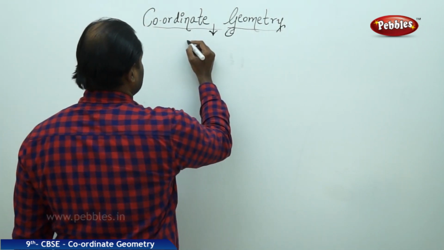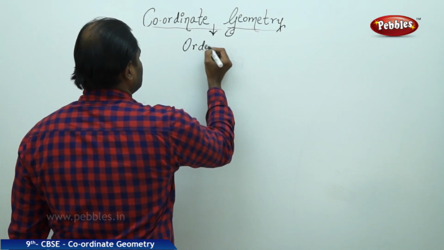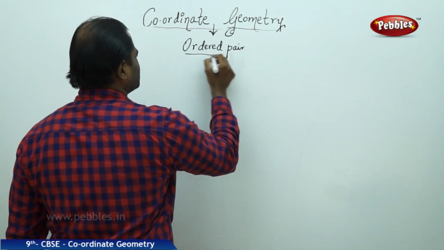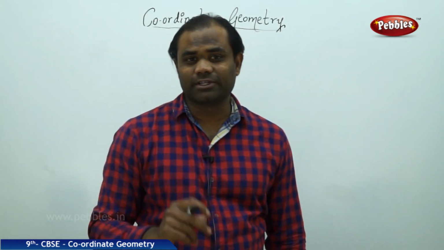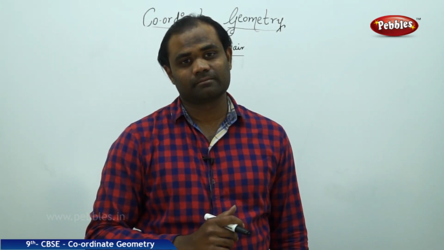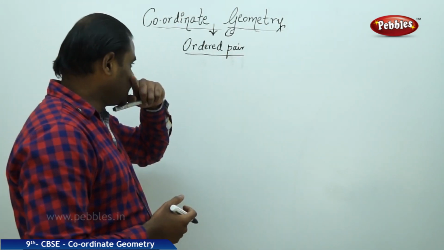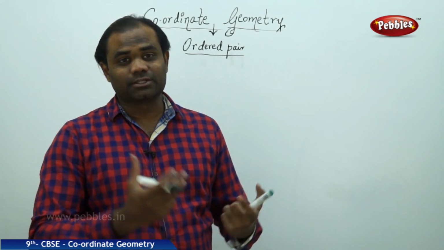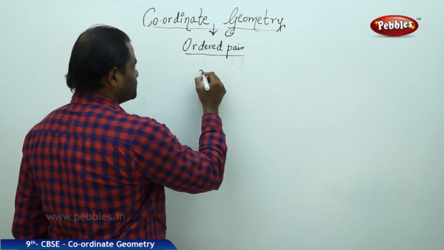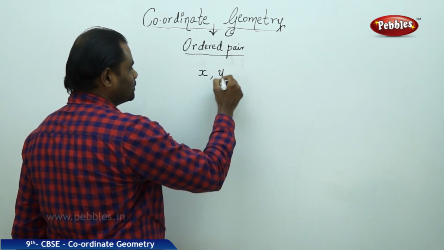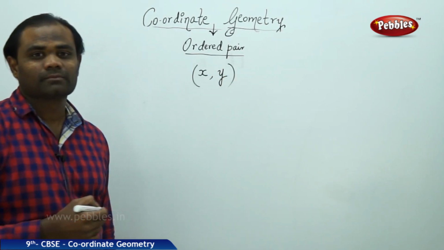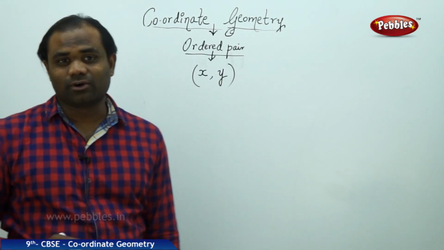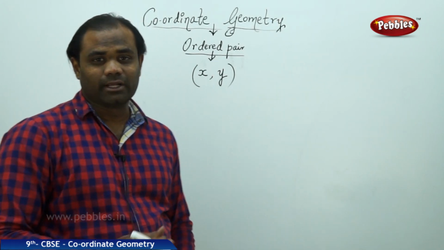As we have seen through the coordinates, here comes the importance of identifying the definition of an ordered pair. As we all know, a pair is a combination of 2 different objects taken together. Here the pair refers to the x value and y value taken as a pair. So an ordered pair refers to the x and y coordinates, or the abscissa and the ordinate, taken in the